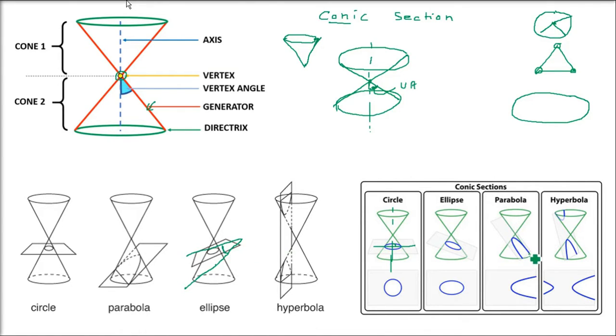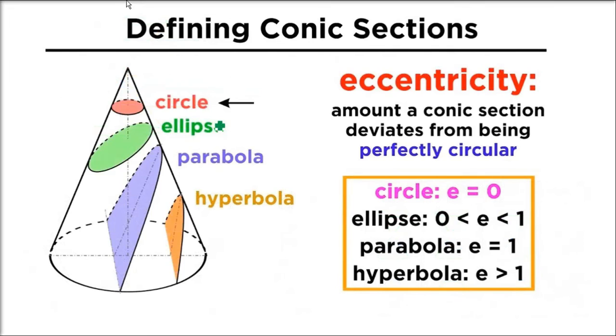So alpha and beta, there has to be some relationship. When we increase, alpha will be equal to beta, alpha will be greater than beta, alpha will be less than beta. So these angles will form different shapes. Now again come to hyperbola. Shift or tilt this plane and cut this, so it will cut the above cone also and below cone also. Both parts will be cut, so that will be a hyperbola. So this is how different shapes will be formed as conic sections.